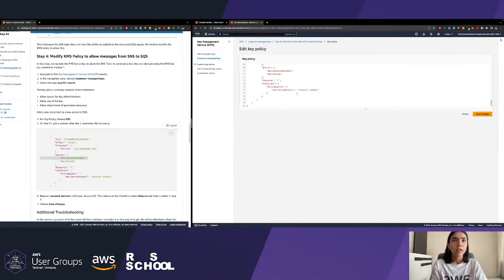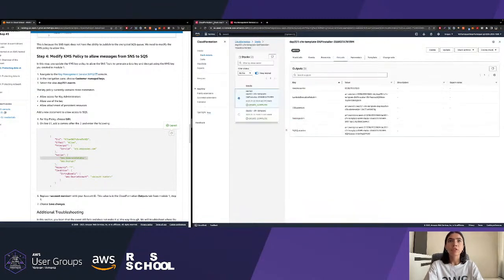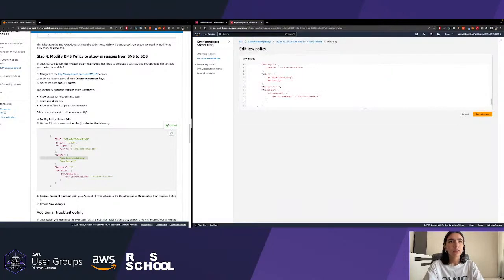Okay, as you can see, we should also enter the account number here, which is right in the CloudFormation outputs that I asked you to keep open because we will come to it very often. So copy this account ID and add it right here.